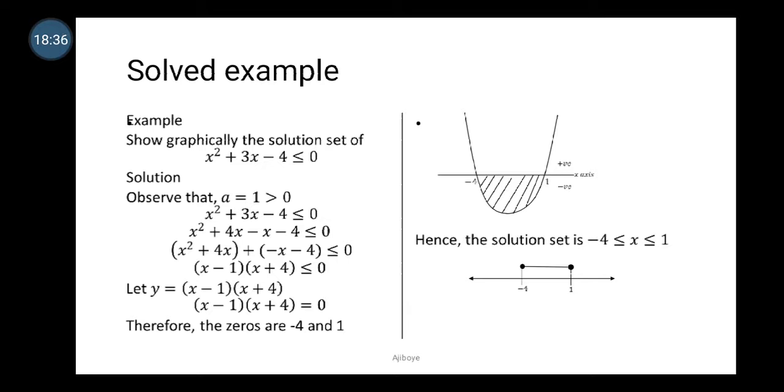So, therefore, for the zeros, you will equate x minus 1 to 0 and x plus 4 equals to 0. If x minus 1 is equal to 0, it therefore means x is equal to 1. And if x plus 4 is equal to 0, it then means x is equal to -4 when you take the plus 4 to the other side. So the zeros therefore are -4 and 1. When you display that on a graph,